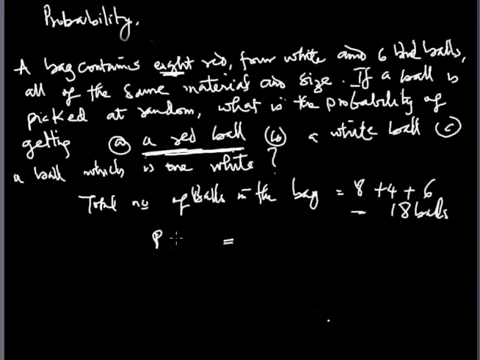Remember we said probability is the number of times the event of red balls will occur, which is B over A, where B is 8, and the total number of outcomes you could ever expect is A. So A here is 18. So the probability can be gotten here,